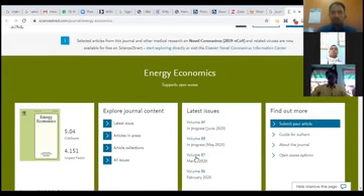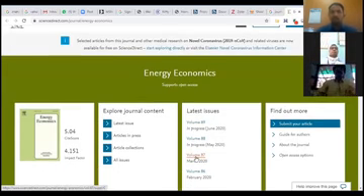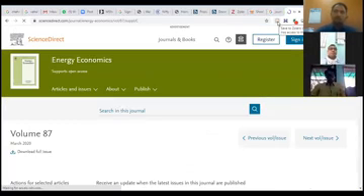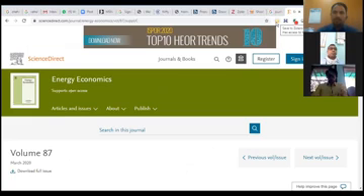This is in progress. This is also in progress. March 2020, volume number 87, has already been published. So I'll just click on that. You can simultaneously observe this icon will change. Now you see it is showing as a folder, the icon just beside the address bar.